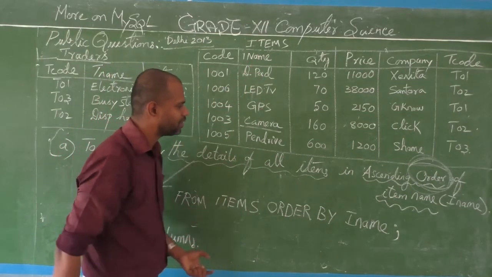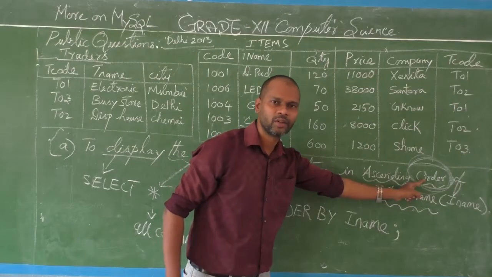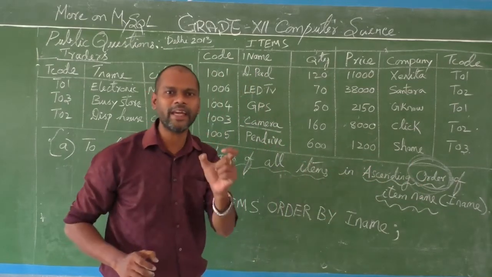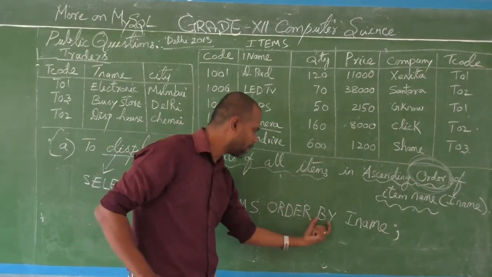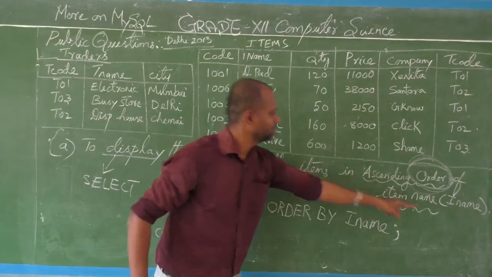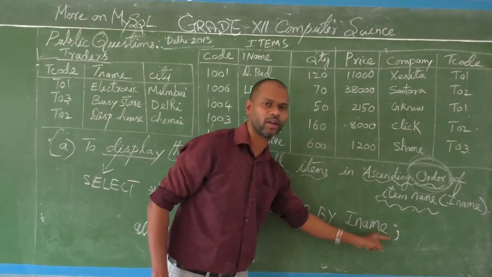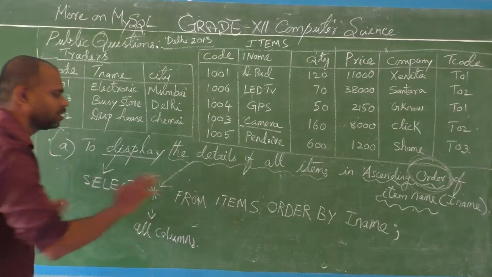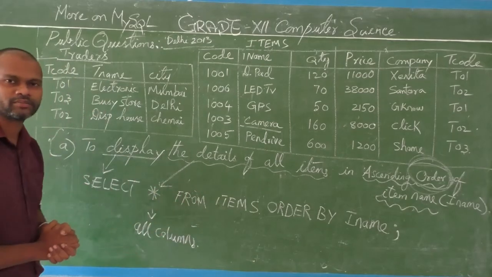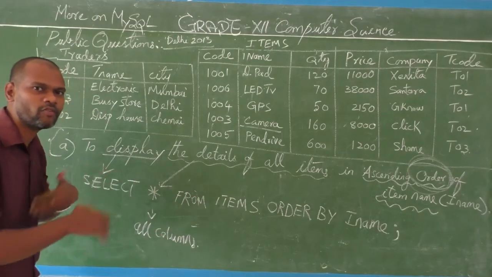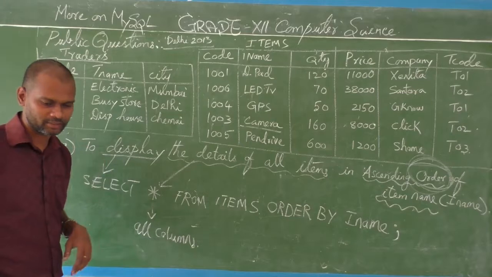Okay, fine. Next, whenever you see order, you have to write simply order by column name. Order by what column name? They have given INAME, you write INAME. And don't forget to put the semicolon. That's all. This is the SQL query. Easy, students? Shall I go for the next question? Okay, right.